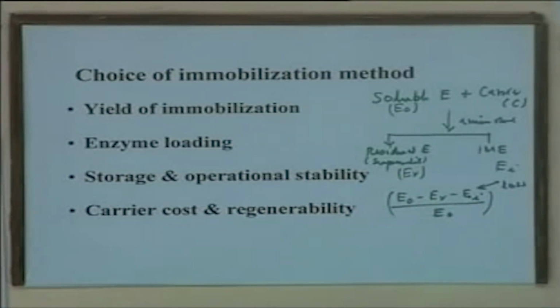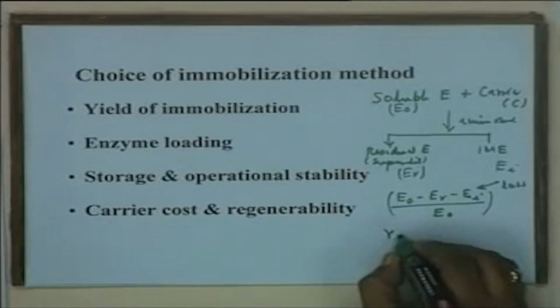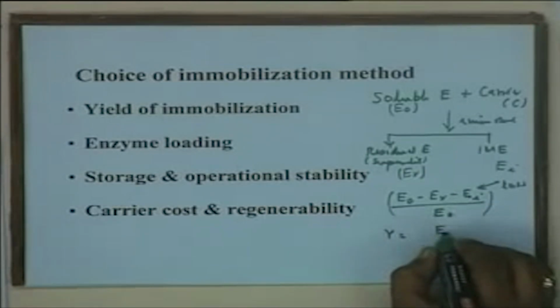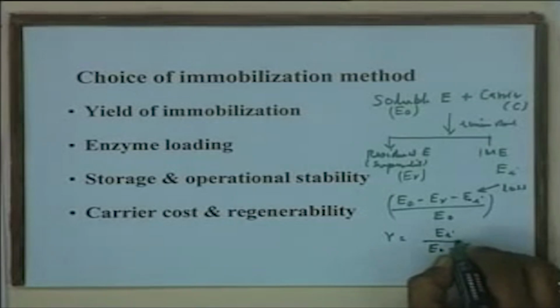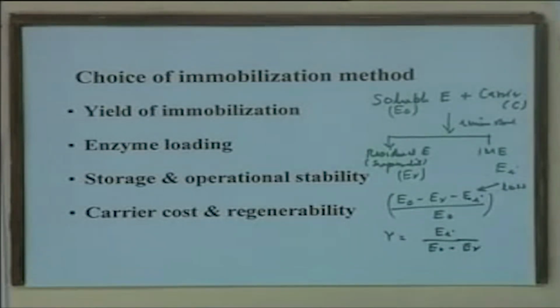But very often you will notice at the end of a method that there is still some balance left, and the balance is the loss due to deactivation during immobilization. And similarly, the yield of immobilization we also define as EI upon E naught minus ER. Now, I think very often there is a confusion in reporting these terms, and that is why I have tried